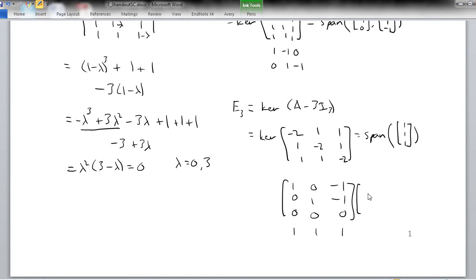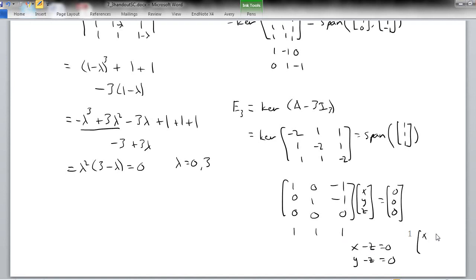Or if you want to go back to chapter 1 stuff, then you can just write the system out again. Right, this is what's been lurking here while you did your elimination. And you just get a couple equations back out of that. x minus z equals 0, and y minus z equals 0. So x equals z, y equals z. All three variables have to be equal. So your general solution,